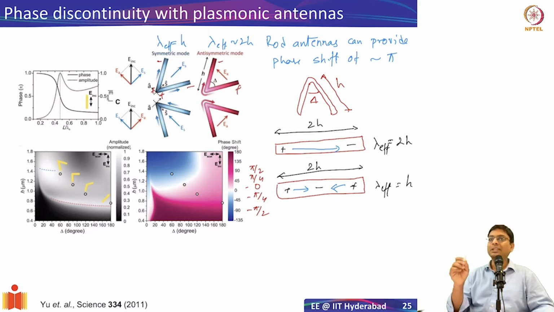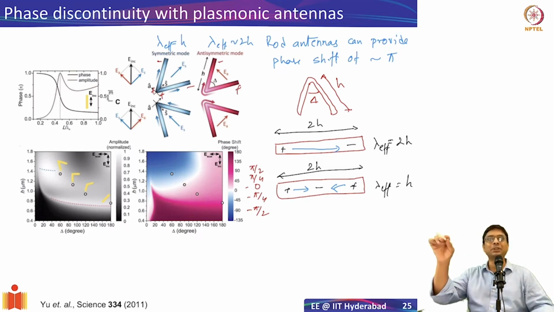I didn't mention the amplitude part. It's not enough if you have antennas with different phases. We also have to have them at sufficiently the same amplitude so that we don't distort the beam. If you're able to introduce a phase, but the amplitude is different, then it won't work. So that's why, if you notice here, from this entire parameter space, they picked 4 different structures.